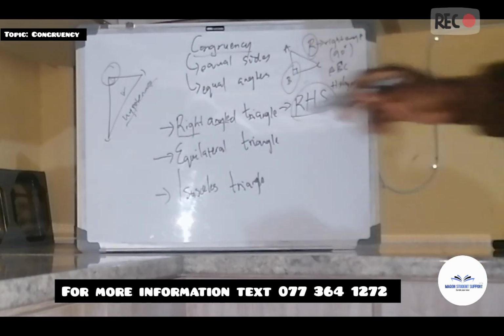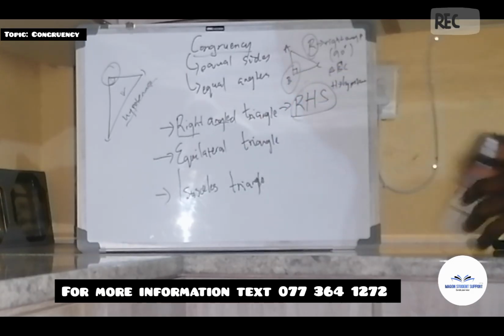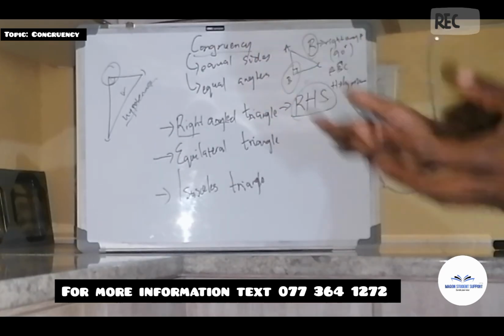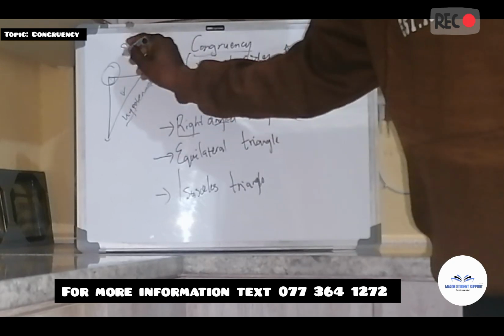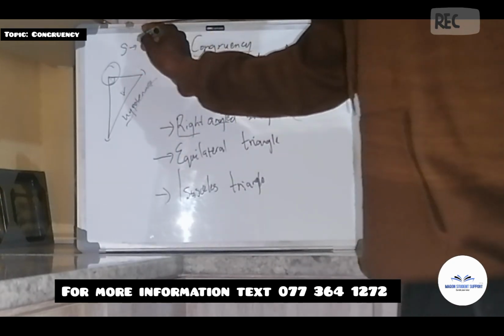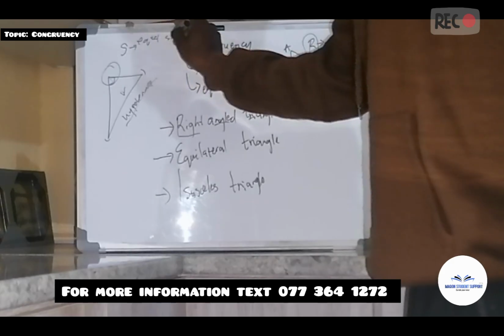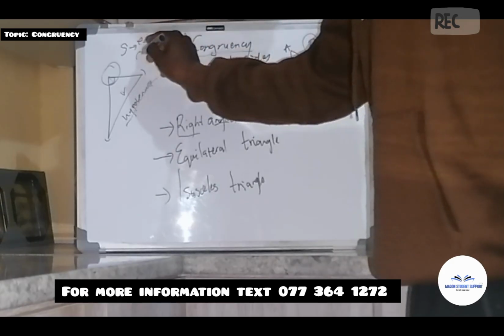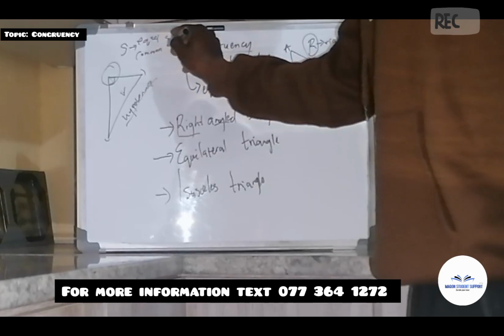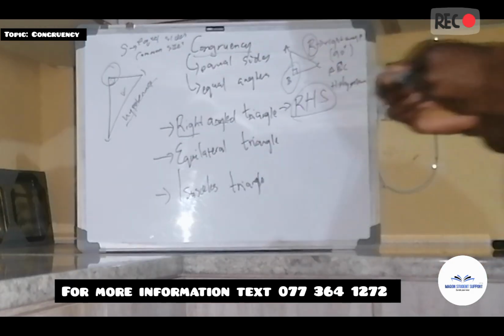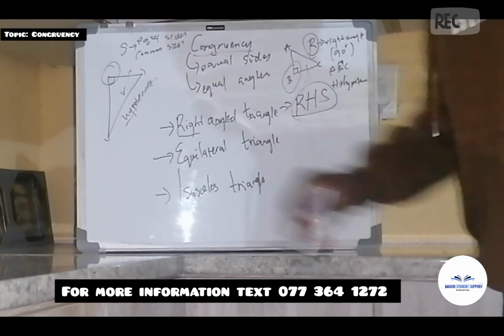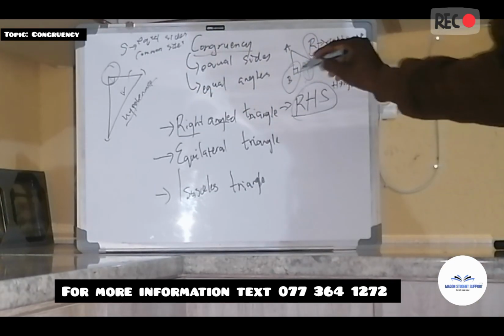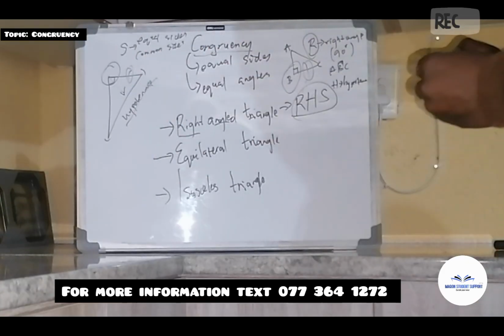So to prove right angle triangle congruency, you must first mention your right angles, then identify and mention your hypotenuse, and then on the S, you must mention either equal sides or common sides. The triangle you are given will either have this kind of symbol. This symbol means that this one is equal to this one. You have to mention the equal